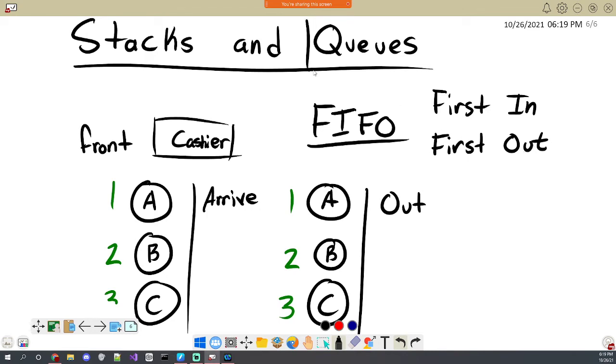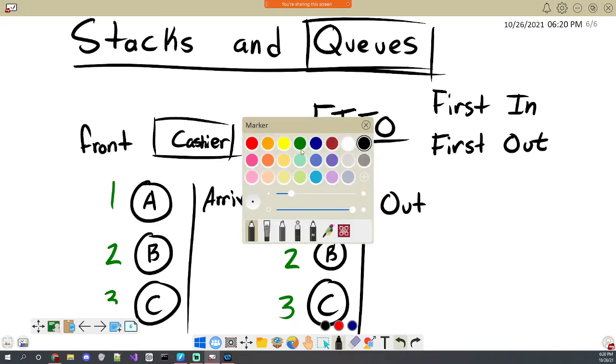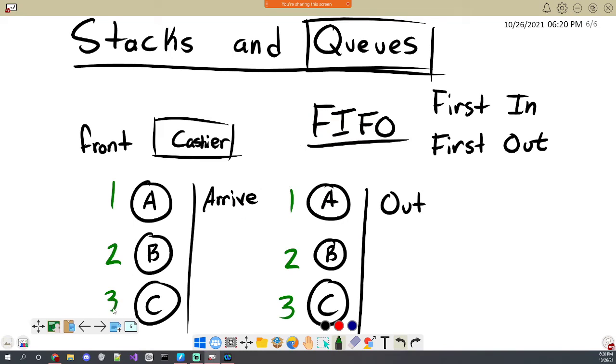And this is an example of a queue. You start with an empty queue as people arrive, or objects, whatever it is. You put them into the queue, and then when the cashier calls, next please, you take whoever's at the head of the line.